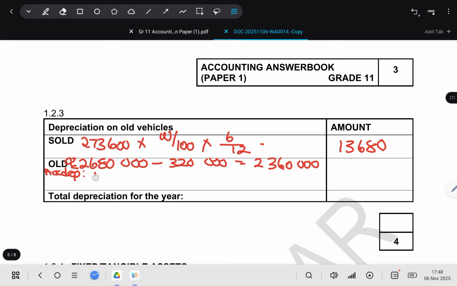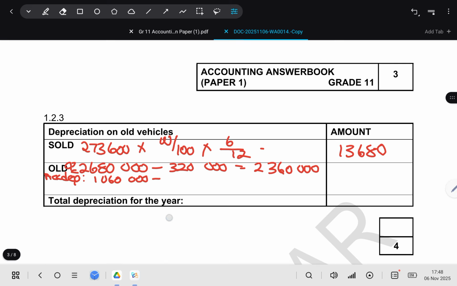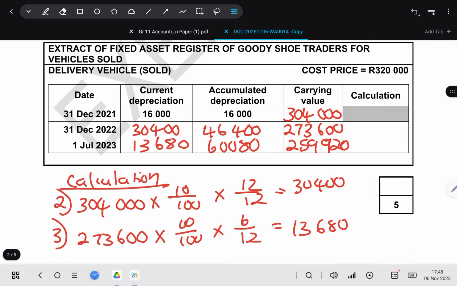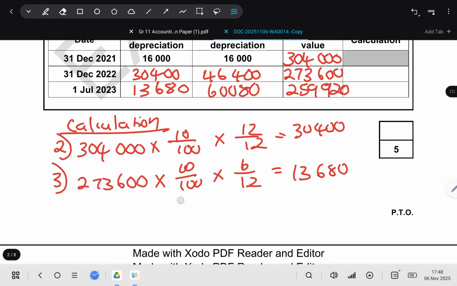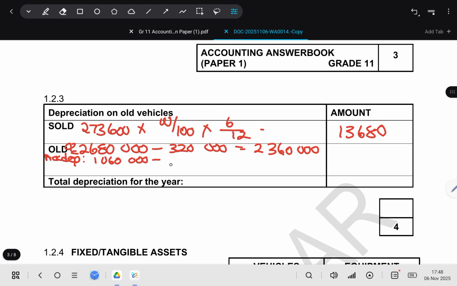So if we say 1,060,000 and then we minus the accumulated depreciation of that old one at the beginning, remember this is at the end of the year, so at the beginning it was 46,400. So if we minus that 46,400, it will tell us how much we should have. So if we say 1,060,000 minus 46,400, it gives us